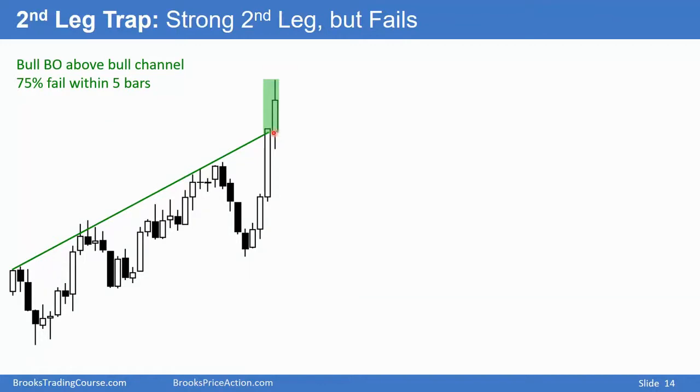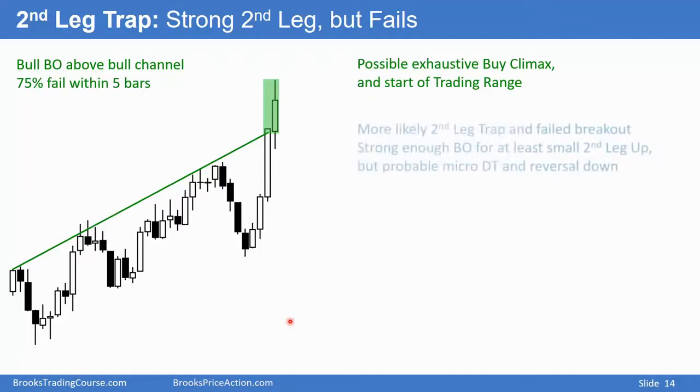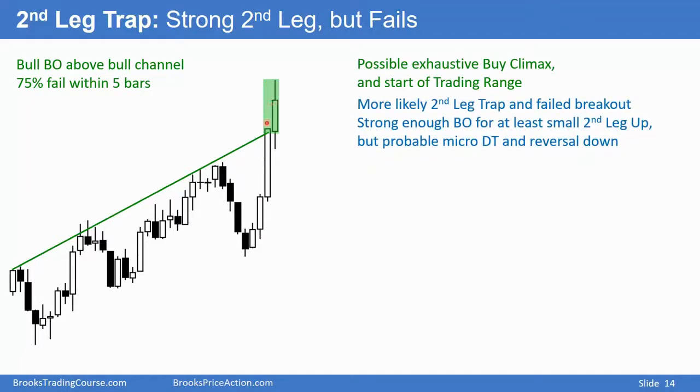We're getting a bull breakout above a bull channel, and you know that 75% of the time, if you have a bull breakout of a bull channel, it's going to reverse down within about 5 bars. In fact, if you have a bull or a bear breakout of a bull channel, it'll reverse within about 5 bars. For example, I could draw a line along the bottom, and we have a bear breakout below that channel, and then we reversed up. If this exact breakout was occurring out of a trading range, the odds would be 60% chance we would get a measured move up. But because it's a bull breakout of a bull channel, 75% chance it's going to fail.